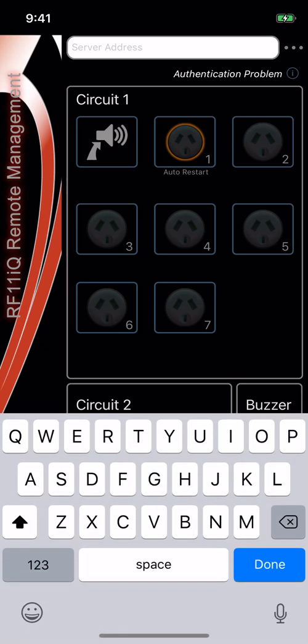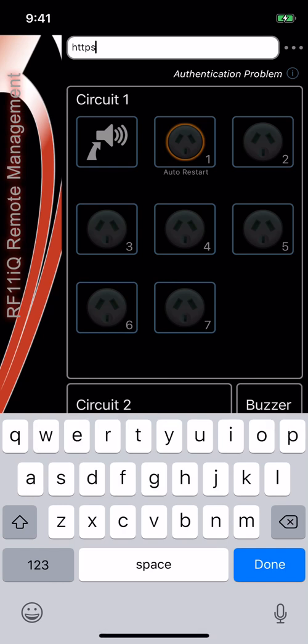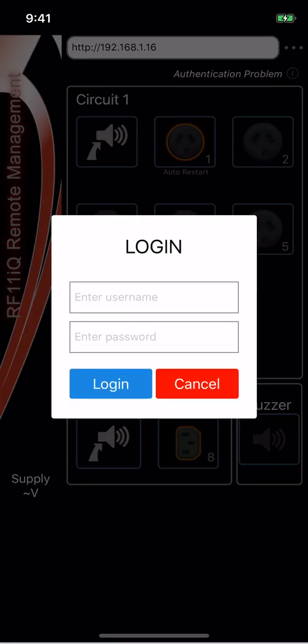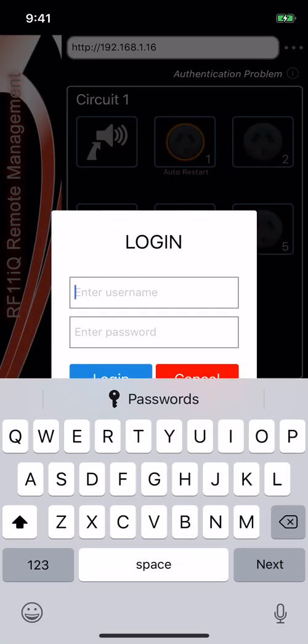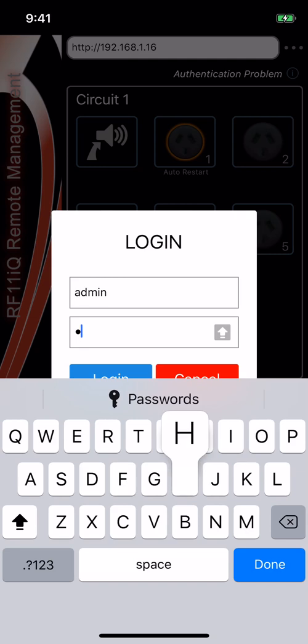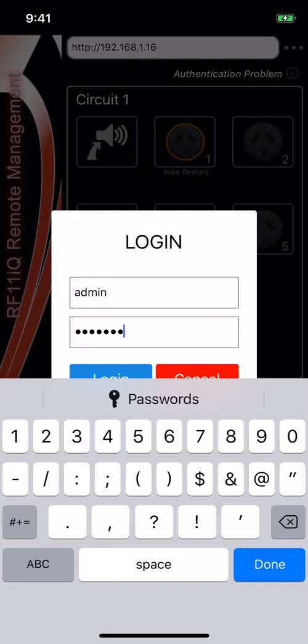First thing we need to do is put in the server address, http://, that always has to be put in. 192.168.1.16 is the address of the item we have here. Press done and it's going to come and ask for a username and login. Out of the box, the username is always admin with a lowercase a and Thor RF11 all in uppercase. Then we press login